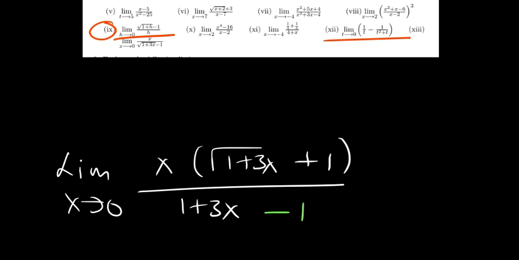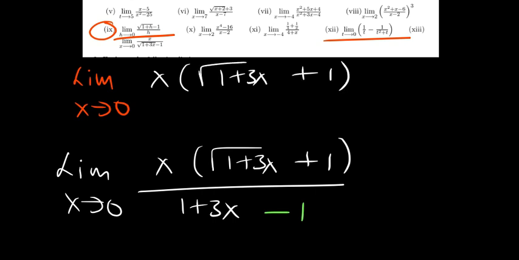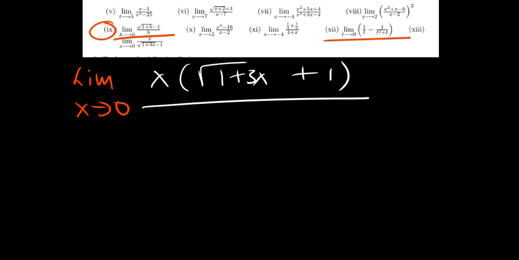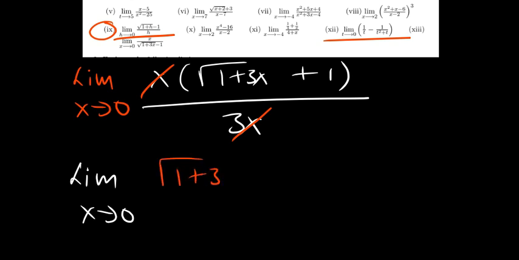So at this point, you have the limit as x approaches 0. For the top part, you have x times root of 1 plus 3x plus a 1. On the bottom, 1 and 1 can subtract, so you only remain with a 3x there. For the 3x, the x and the x can divide, so that you just remain with the limit as x approaches 0, and then you remain with what's in the brackets. So that's root of 1 plus 3x plus a 1